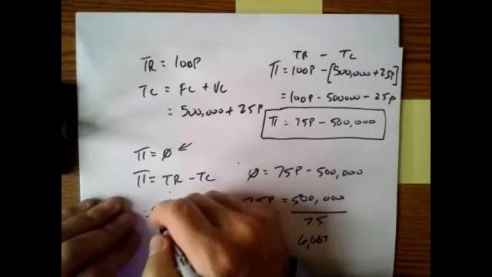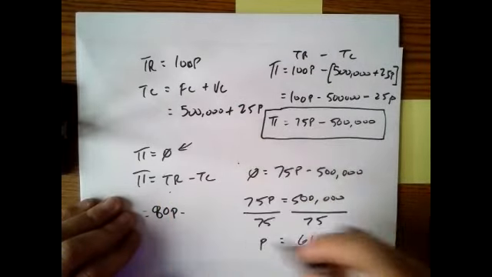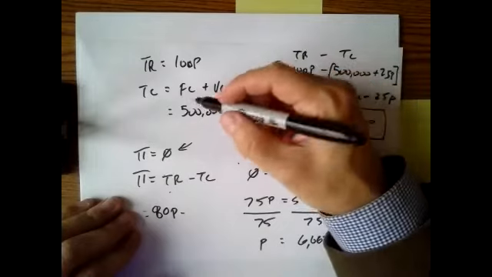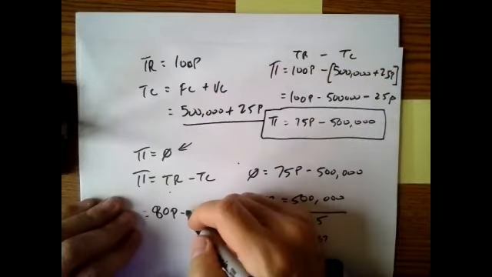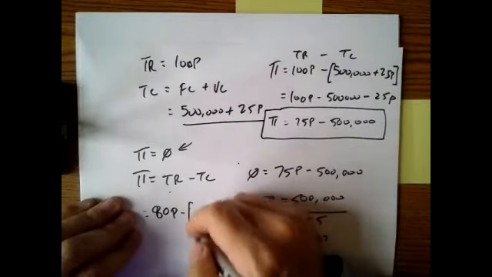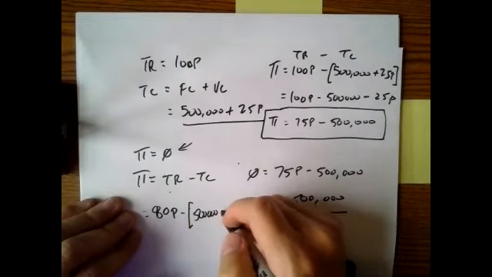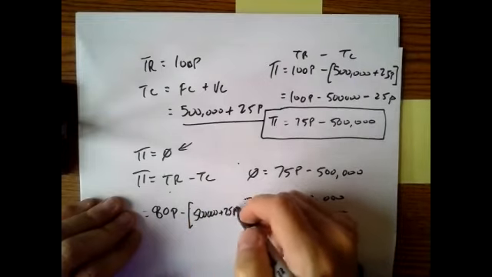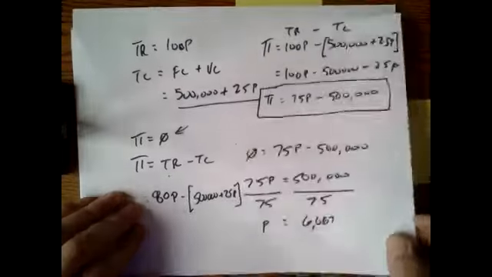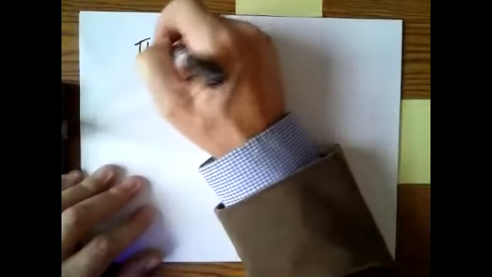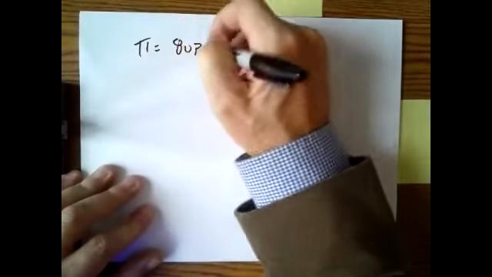Now it is 80p, but the total cost is still the same. So minus 500,000 plus 25p, right? So the new profit function is 80p minus